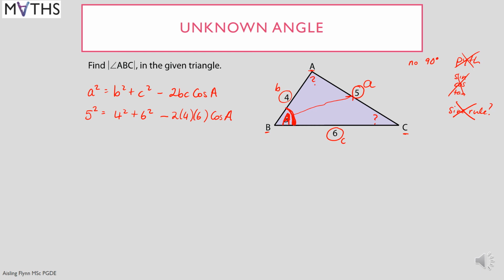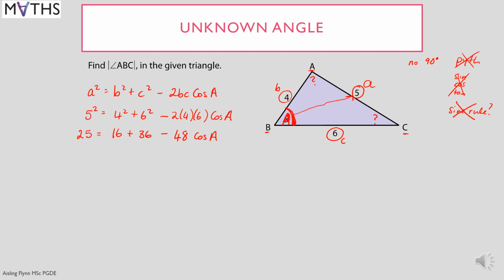Now it's a matter of working out the numbers. Alright, and again you can take as many or as little steps as you require to do this. So 4 squared is 16, 6 squared is 36. Now minus 2 times 4 times 6, so 2 4s are 8 and 8 6s are 48